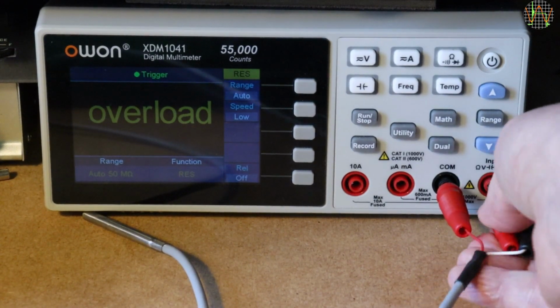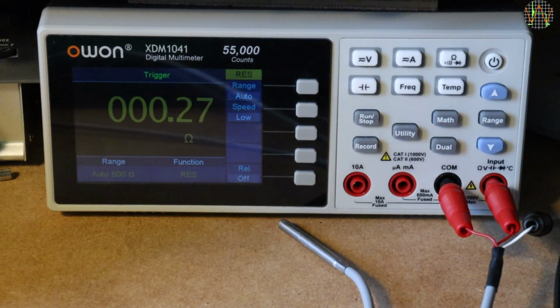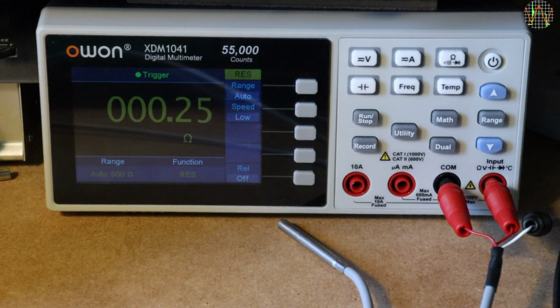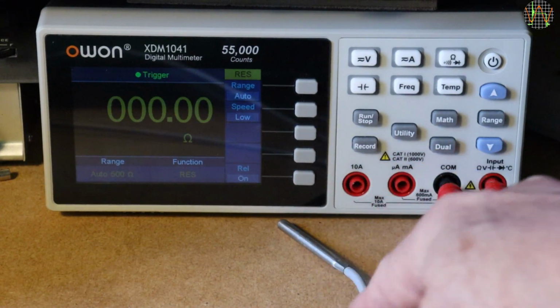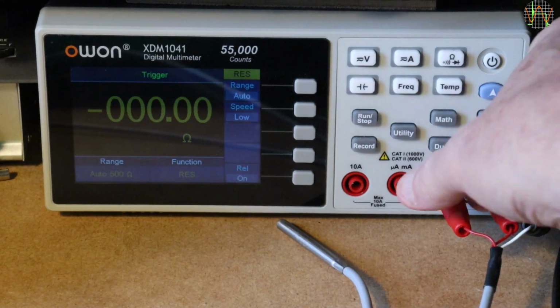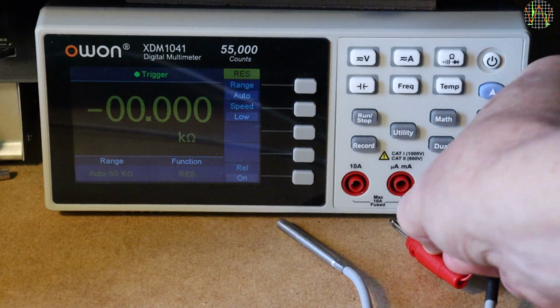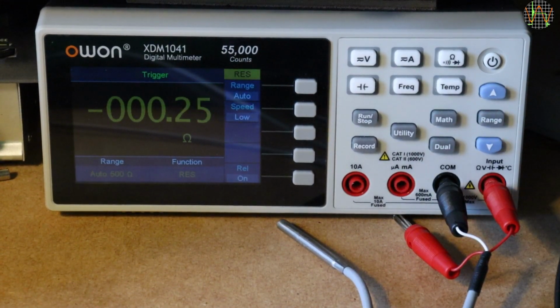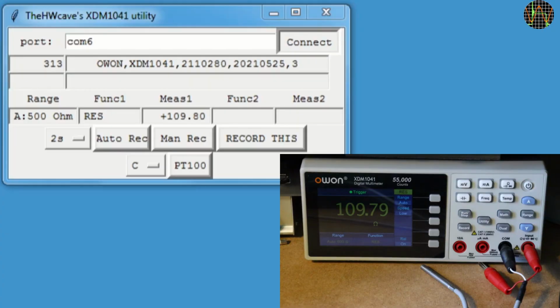For that, you run the XTM1041 in res mode and connect the 3-wire PT100 probe using the two ends that are connected together. I use red plugs for those. This shows you the wire resistance, which is 0.26 ohms as measured by the XTM1041. Now press rel to null it and replace one of the red plugs with a black one. The meter now shows the correct resistance of the probe in ohm, and the utility shows of course the same resistance value.